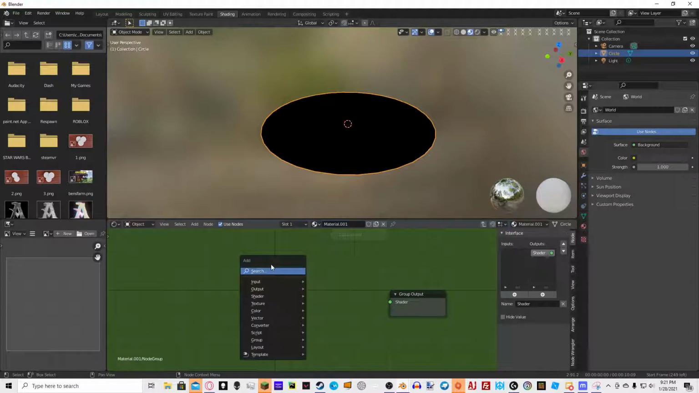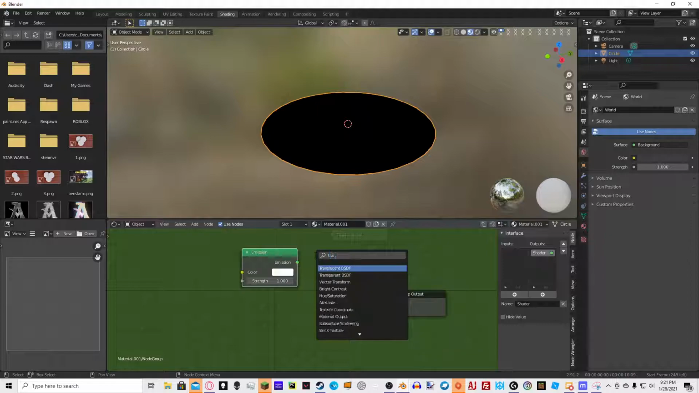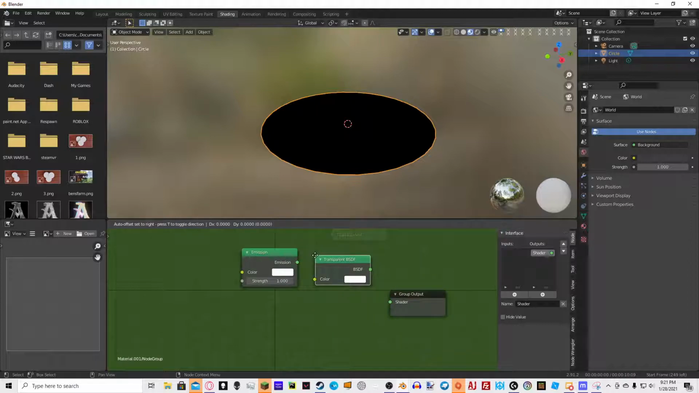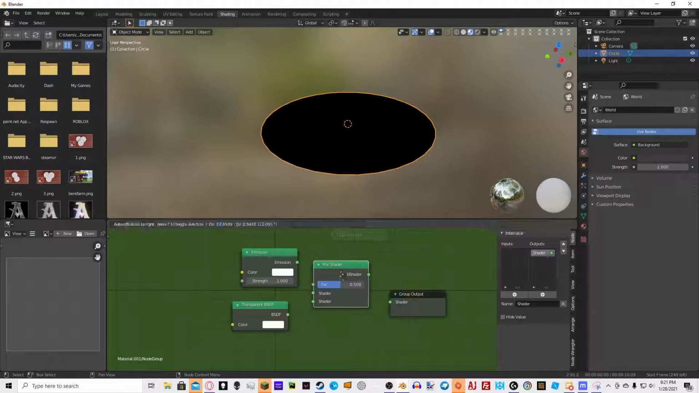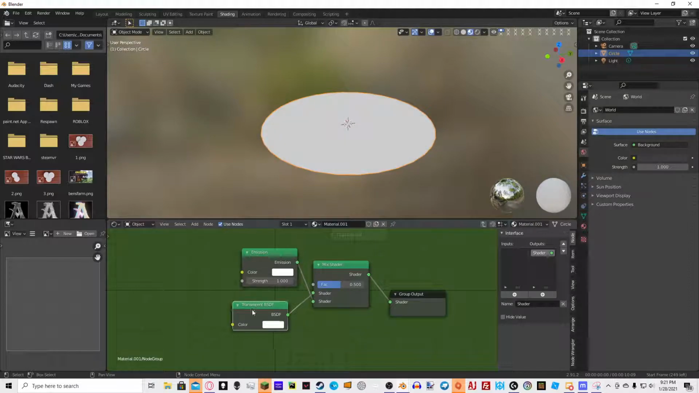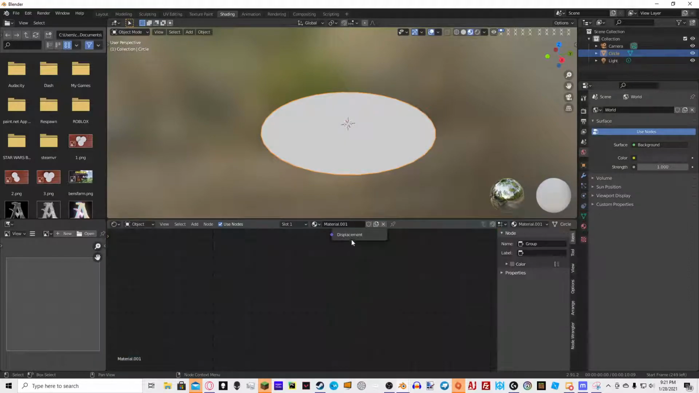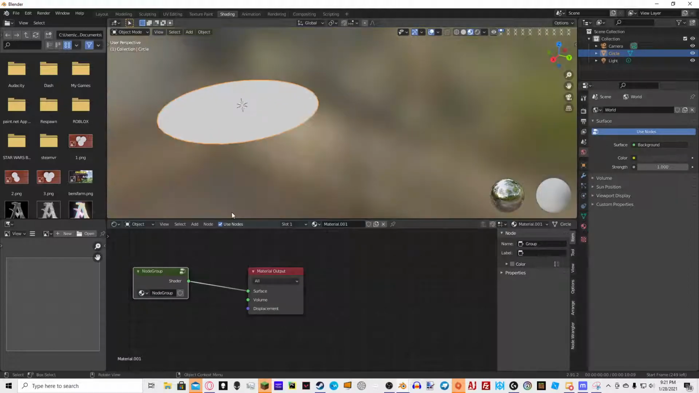Now our output is going to be an emission shader and a transparent BSDF. Add a mix shader, emission goes on bottom, transparent goes on top, and voila, we are done. Thanks for watching. I'll see you all next. No,